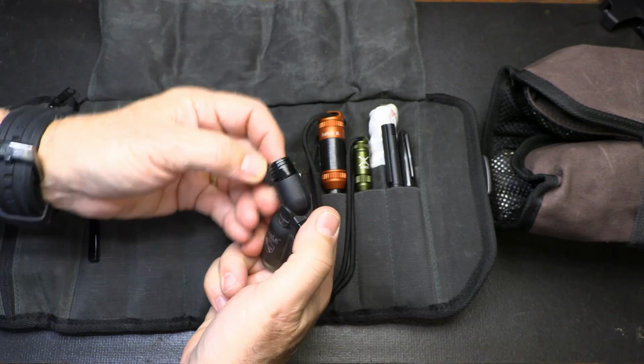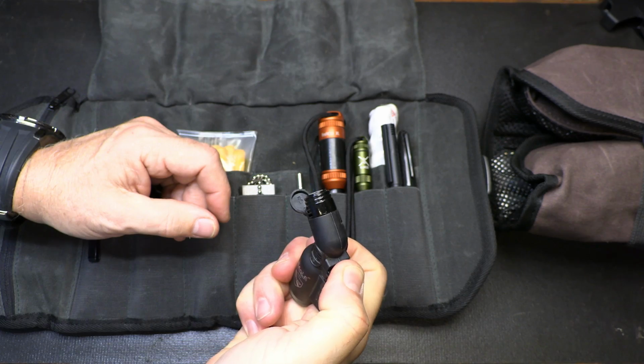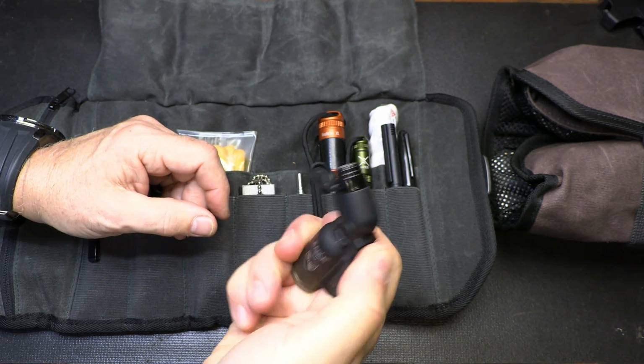This is just one of those jet kind of lighters. And this one